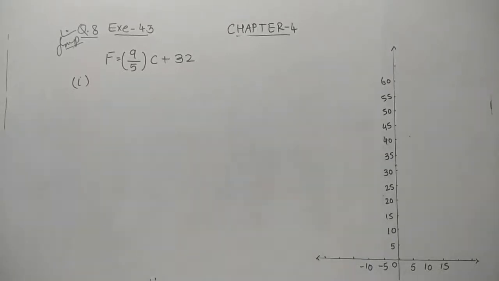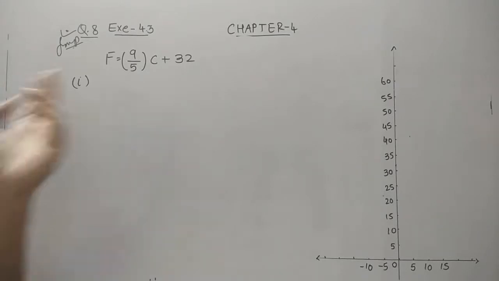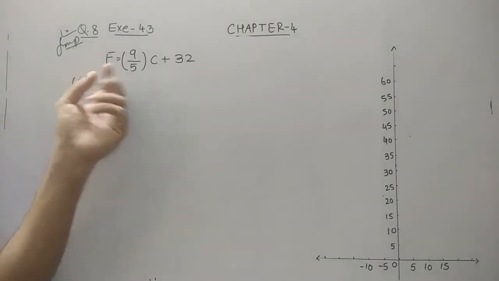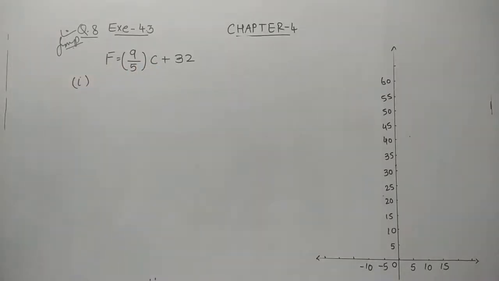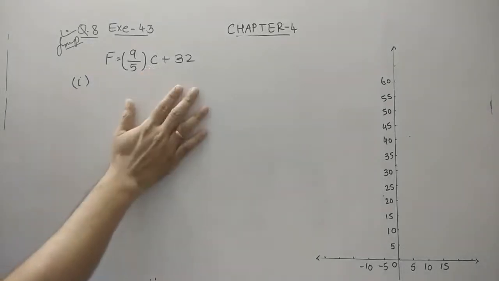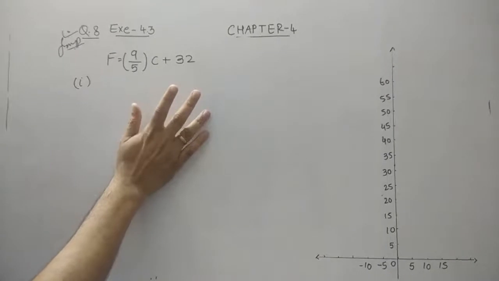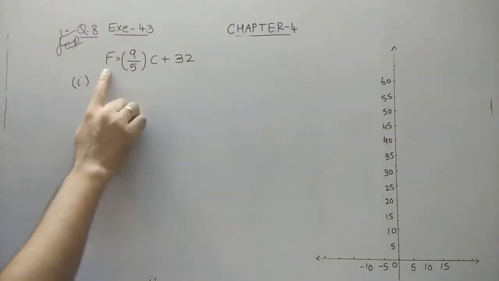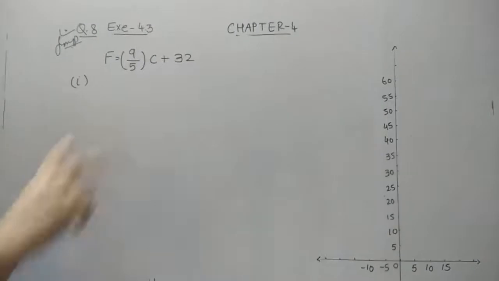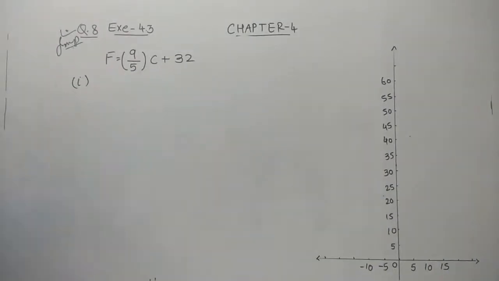Let's see the last question of this exercise. In this question you can see that a relation between 2 units of temperature is given. The question mentions that in countries like USA and Canada, the temperatures are measured in Fahrenheit degrees, and here in India it is represented in Celsius. As we know, the temperature in India is Celsius, but हमें पता है कि whenever we have a fever, we say that we have a 102, 103 fever, so that is in Fahrenheit, not in Celsius. So here a relation between Fahrenheit and Celsius is given.